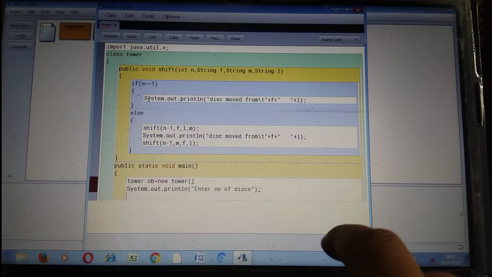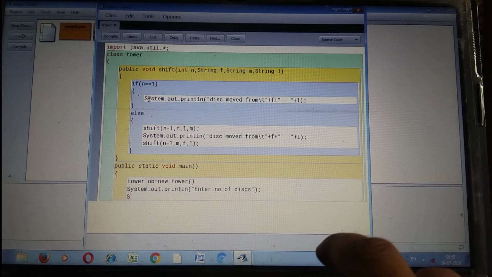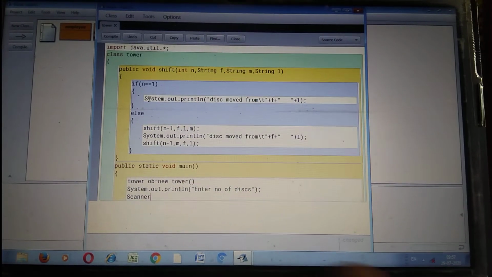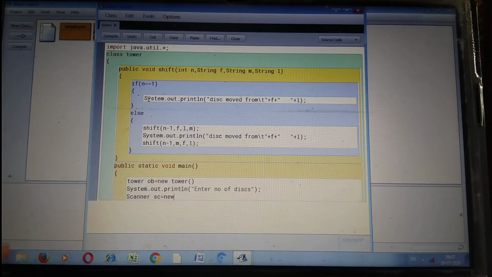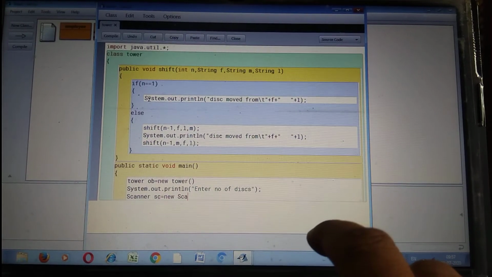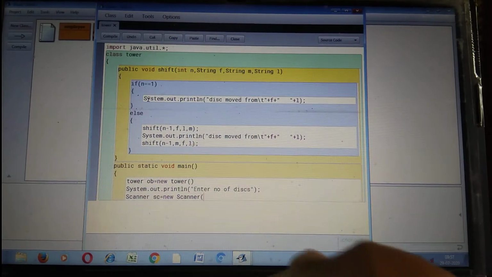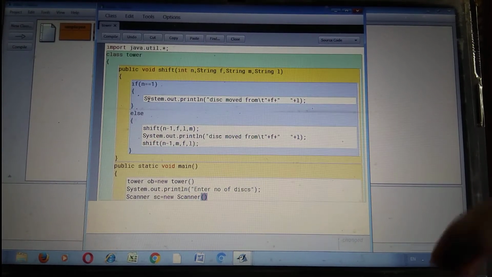Now create a Scanner object. Scanner sc is equal to new Scanner, System.in.